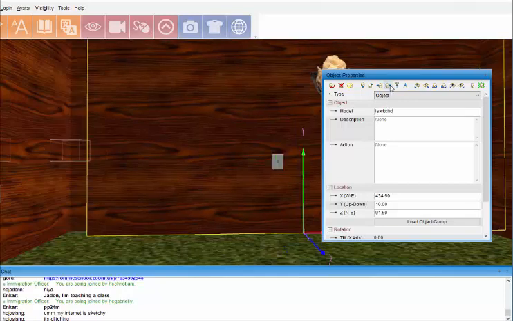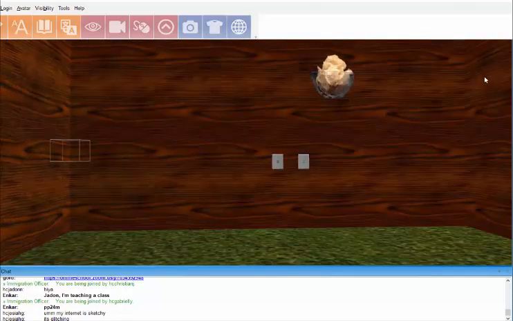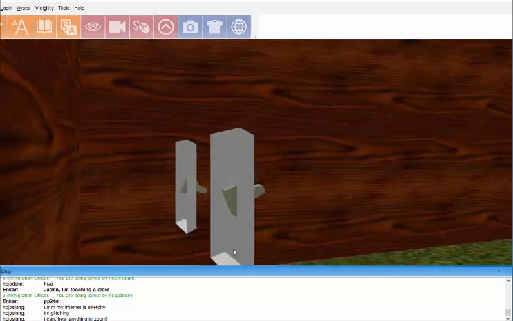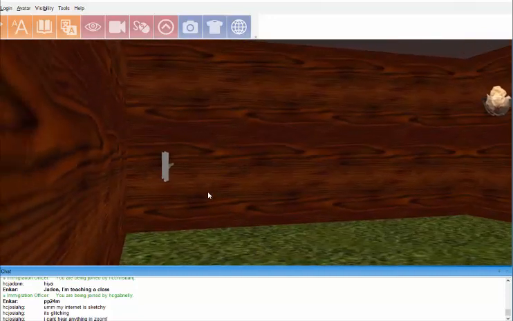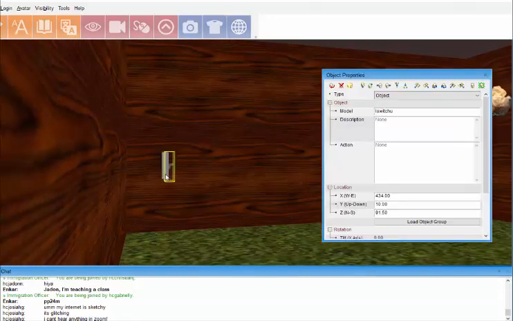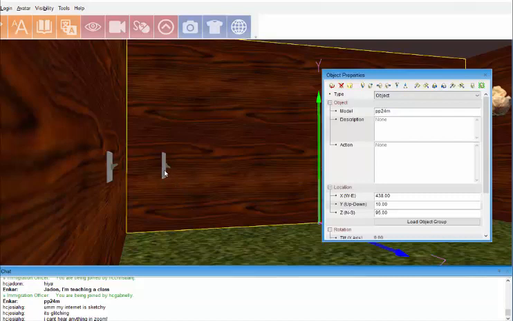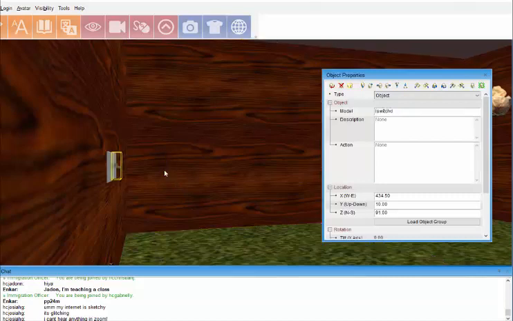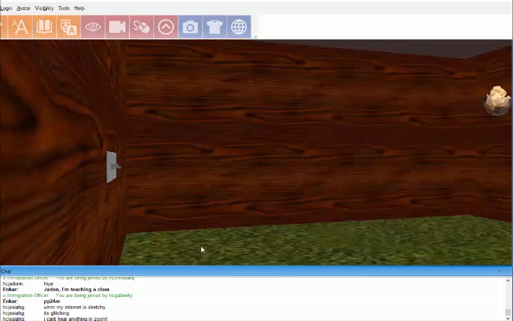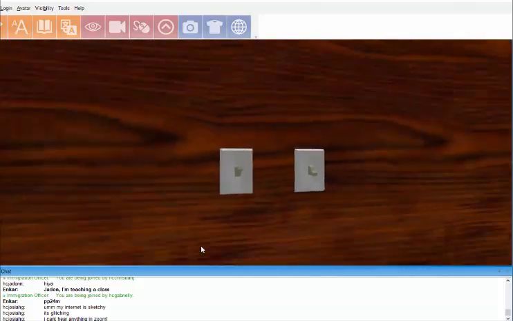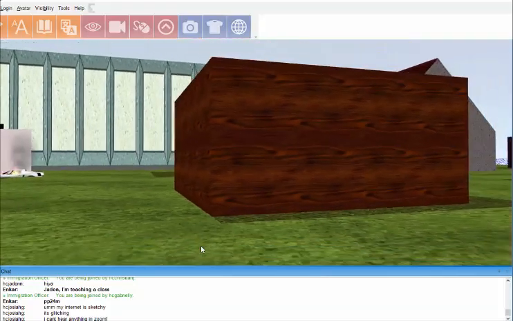I was just wondering, what were the first two things I had to do again? I didn't catch all that. Your voice kind of cuts in and out. Say that again. What were the first two things you had asked us to do again? Well, first of all, make the four walls, and then